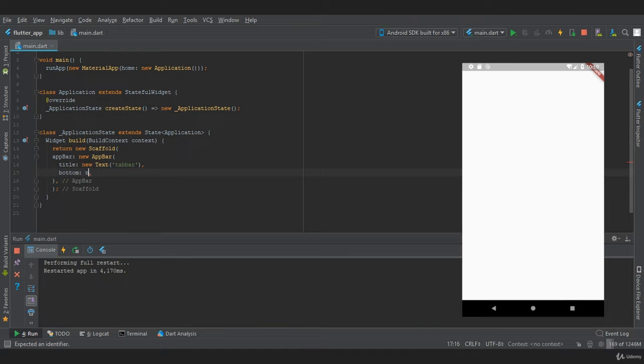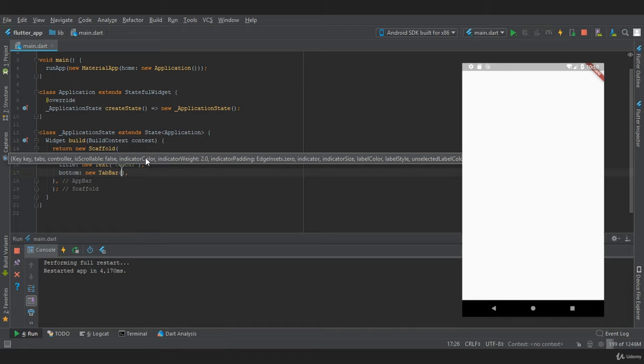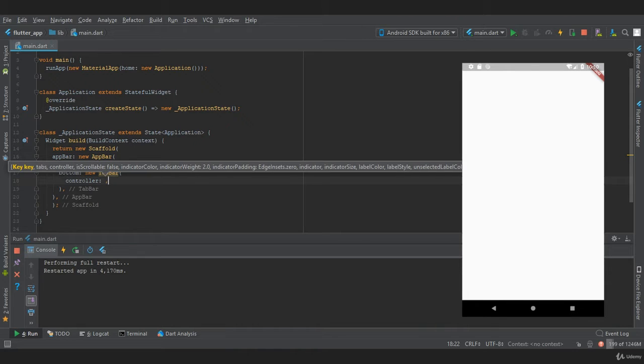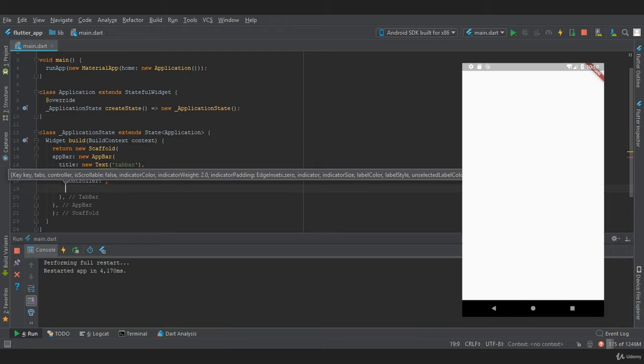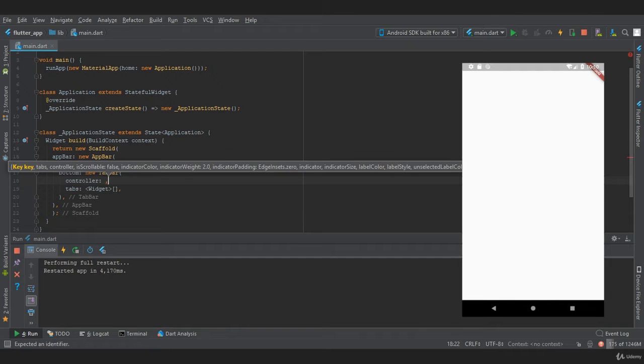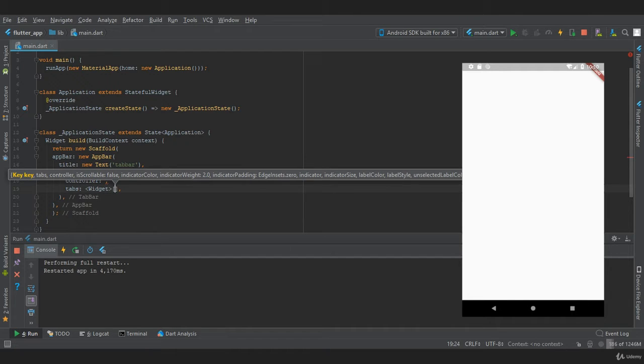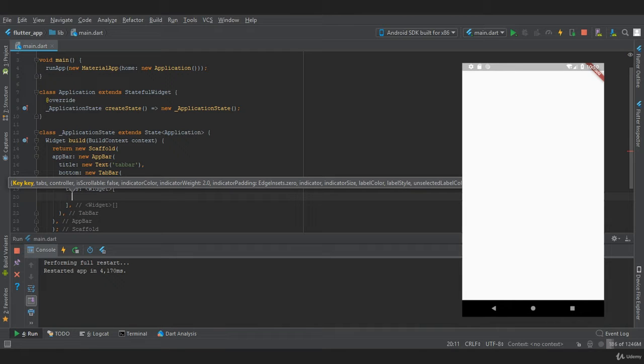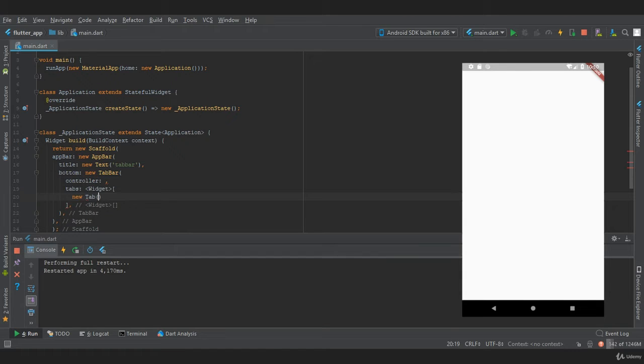So we'll say new tab bar, and in this we are going to provide two properties, which are controller, and the second property is tabs. Now in controller we are going to provide a tab controller, and in tabs we are going to provide multiple tabs. So we'll say new tab, and in this we are going to provide an icon. So we'll say icon property, new icon widget, icons dot. Let's provide a home icon,